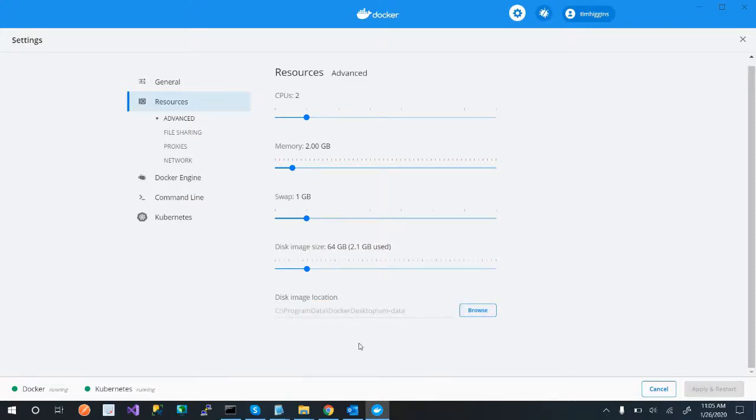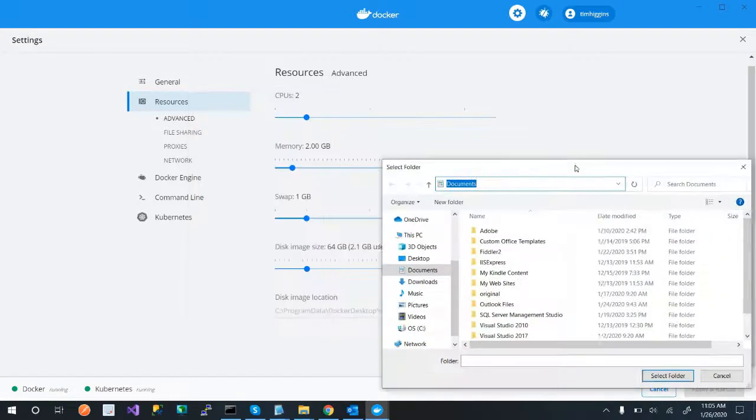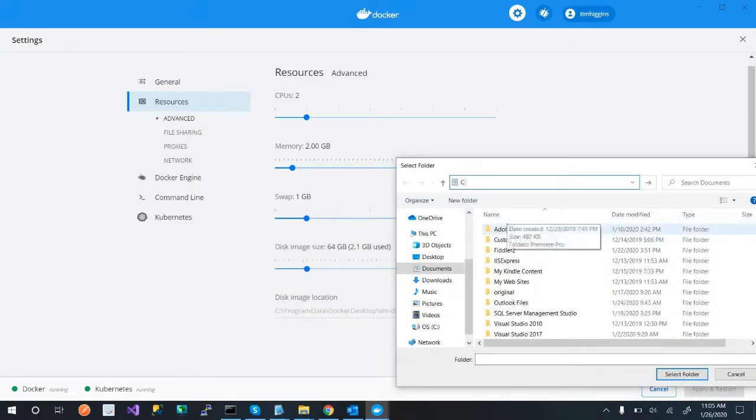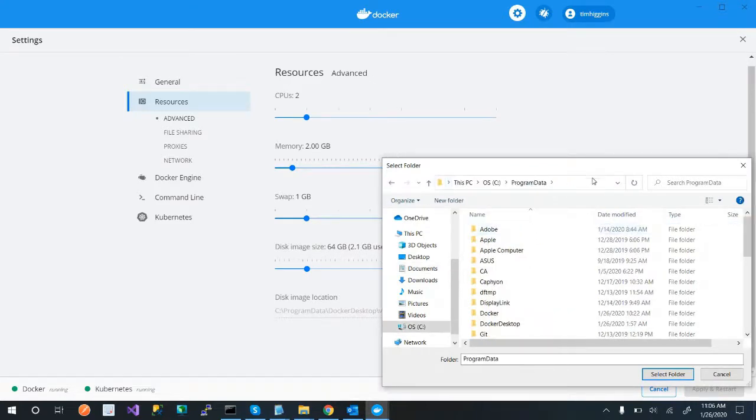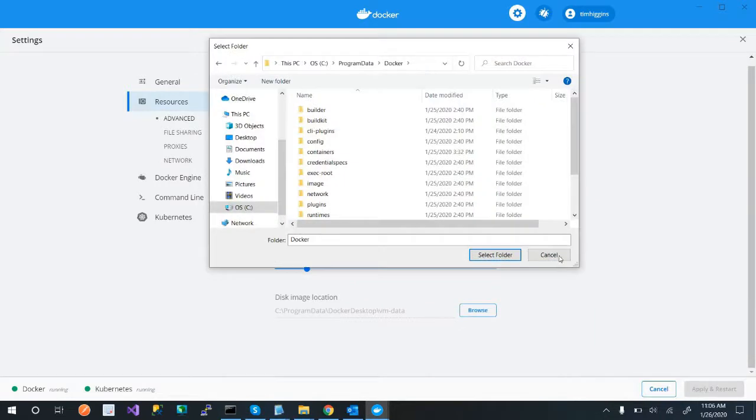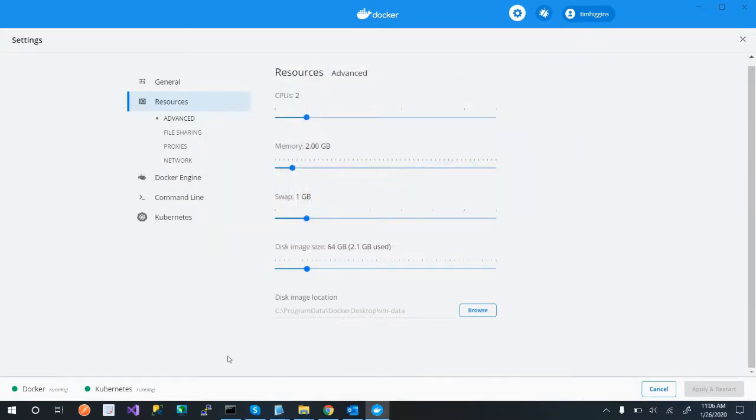Let's go browse. I'm not sure I can see that, but let's say C, Program Data, and this should be where your files are that we talked about. So Docker, it's Docker Desktop, but you get it, right? So those are where your images are. Especially, that's very important with databases. Whenever a database creates a volume, it's actually saved. So that way you can access it if you spin up other, I keep wanting to say VM, but if you spin up other containers, then you can share that database.